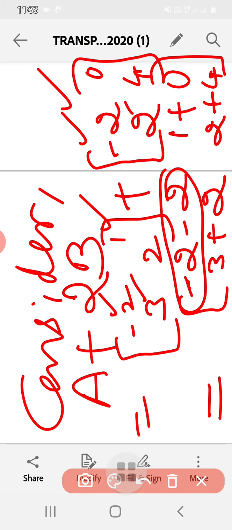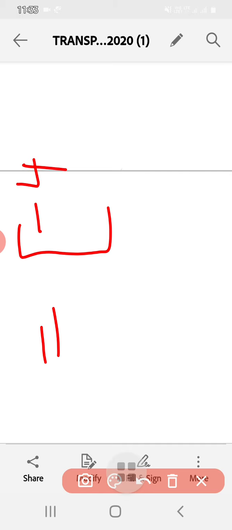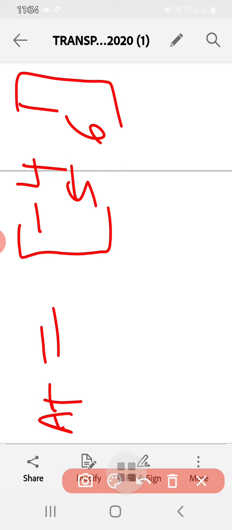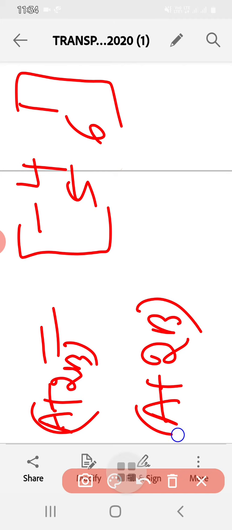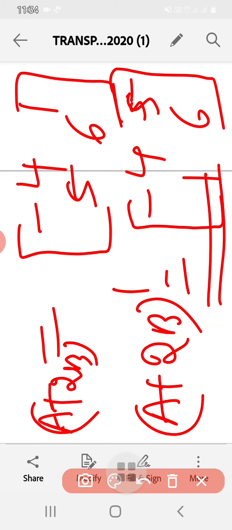Now observe these elements and write the correct elements in the next step. So I will get minus 2 minus 2 is minus 4, then 1 plus 0 is 1, 3 plus 2 is 5, 2 plus 4 is 6. So this is A plus 2B. What we want is (A plus 2B) whole dash, the transpose. So we have to interchange the rows and columns here. Observe here. This is (A plus 2B) whole dash. So, a simple problem for 2 marks.